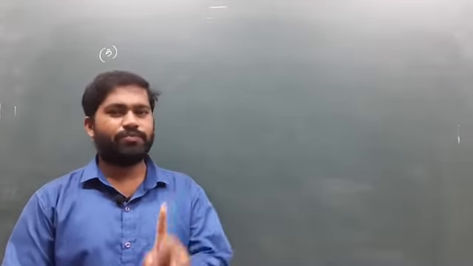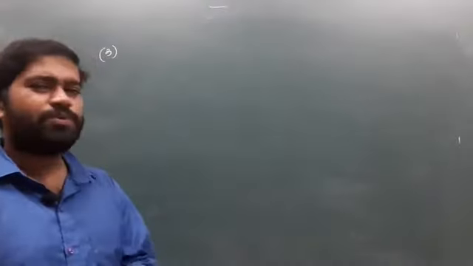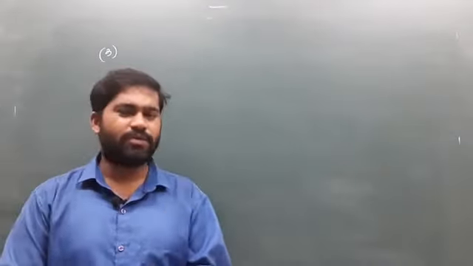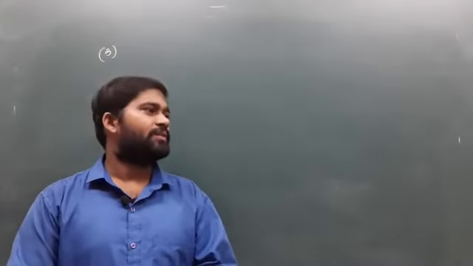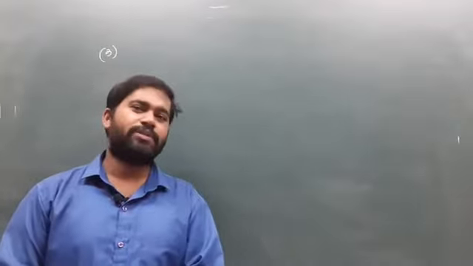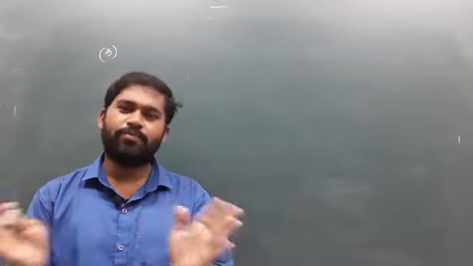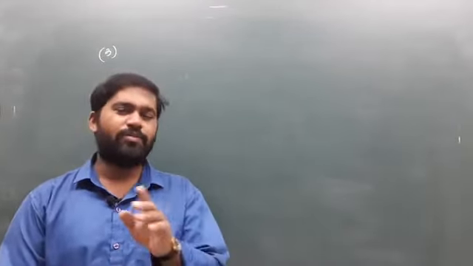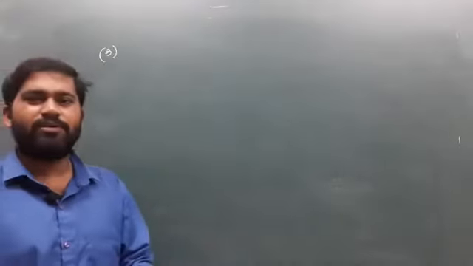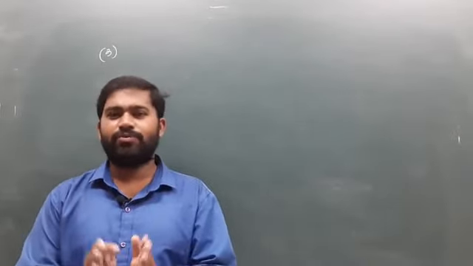Okay, so all of you know that micro means 10 to the power minus 6. The sum of the two charges is 7 microcoulomb, and they repel each other by a force of 1 Newton when they are kept 30 centimeter away from each other.